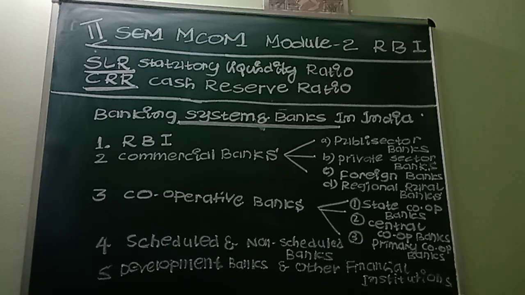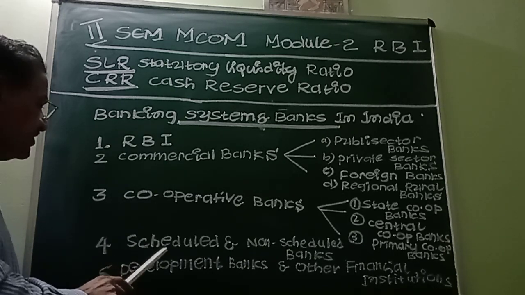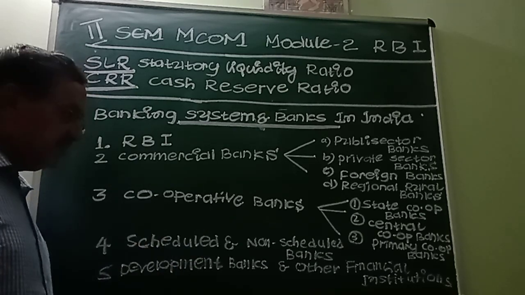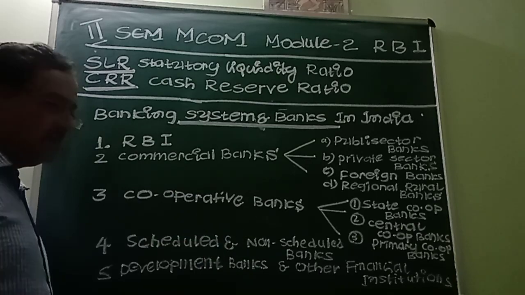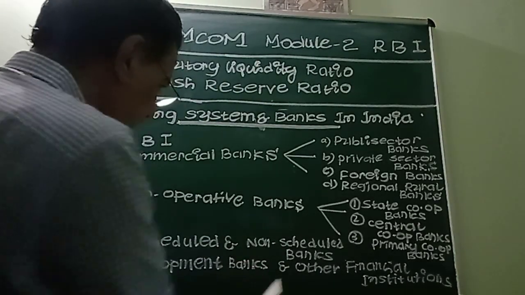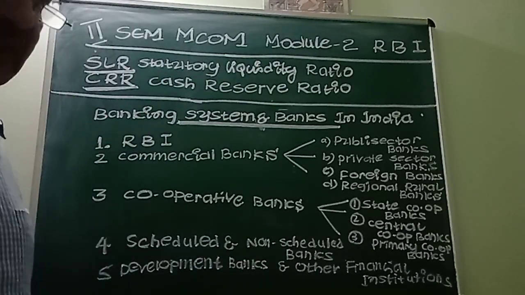Non-scheduled banks are those commercial banks which are not included in the second schedule of the RBI Act 1934. Any bank included under the second schedule of the RBI Act of 1934 is called a scheduled bank,